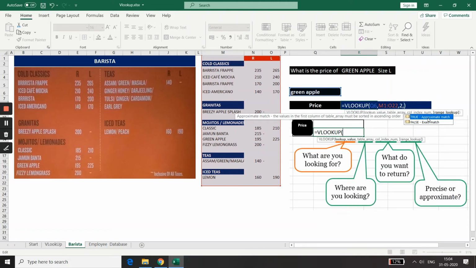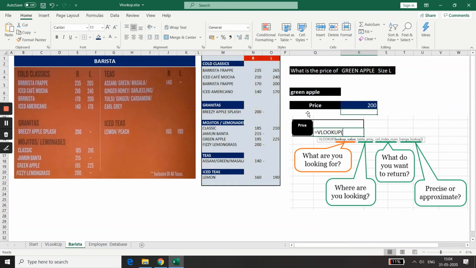What is missing? If you use approximate match in VLOOKUP, always remember your table or the data should be in a sorted format in ascending order. Data has to be in a sorted format, ascending order.